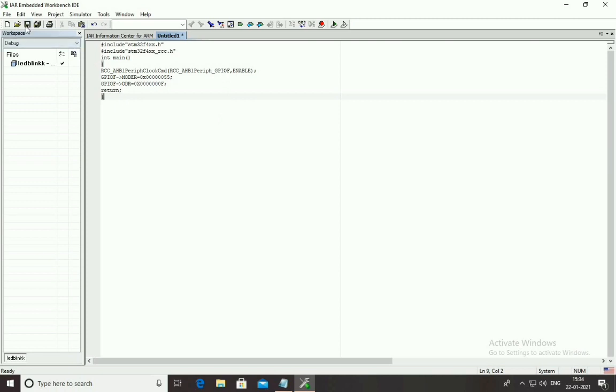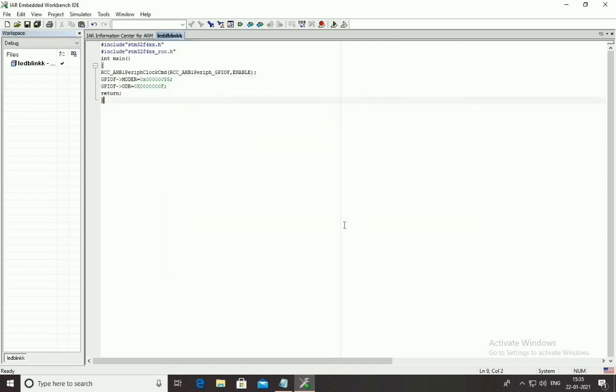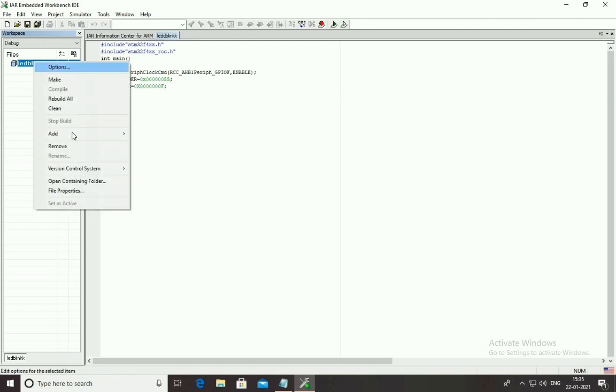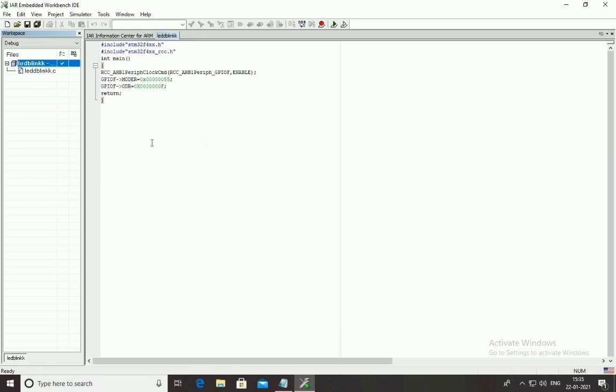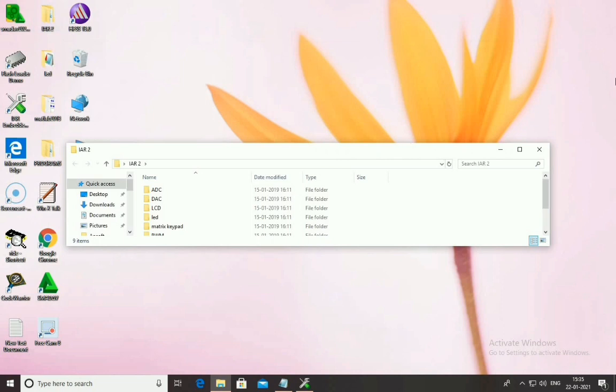After you complete the code, save it, give a file name, then right click it, add the file to this particular project. Then you have to add some library files.